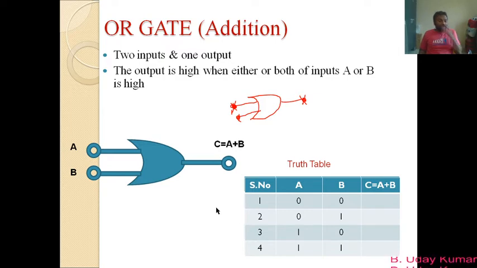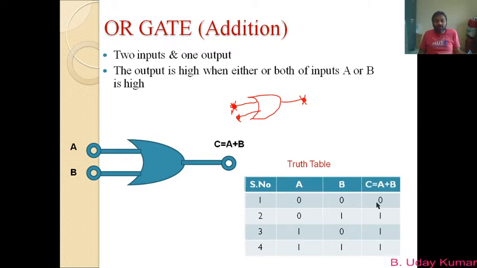Anyway, these basic gates you already studied in your intermediate, I hope. As per my knowledge everyone has studied, but anyway I will tell you. When you apply zero potentials to both A and B, denoted by 0 and 0, the output will be 0. So that is what you have to understand: 0 plus 0 will be 0. This is the logical function of this OR gate. When you apply zero potentials to both A and B, the output will be 0. Please remember this one, and that 0 is mentioned here.